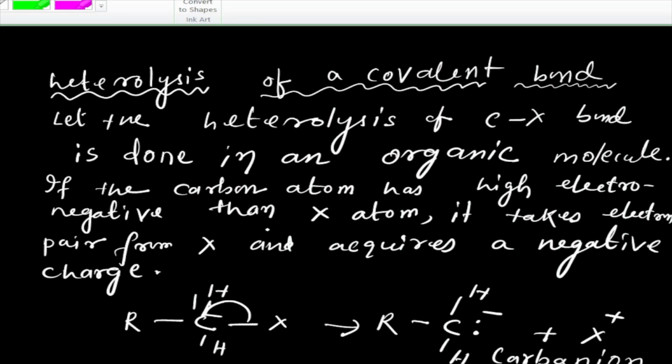Heterolysis means that the pair of electrons which forms the organic covalent bond breaks, and the pair of electrons goes to the more electronegative part, which is the non-organic portion. Suppose, instead of X, in one case X may be more electronegative than carbon, where the carbonium ion is produced. But when the carbon atom has high electronegativity,